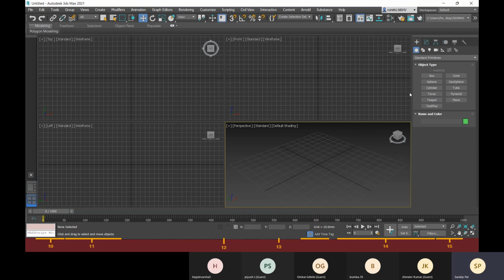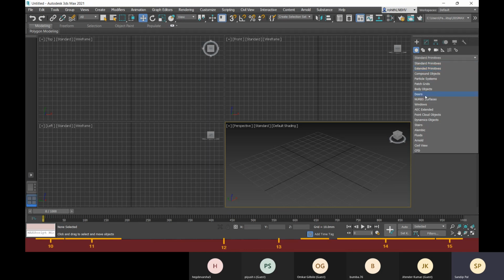Now let me show you the modeling options. Here you can see the geometry options are selected. We have standard primitives, extended primitives, and other options to create. For basic and compound shapes of your geometry, you have standard primitives and extended primitives.